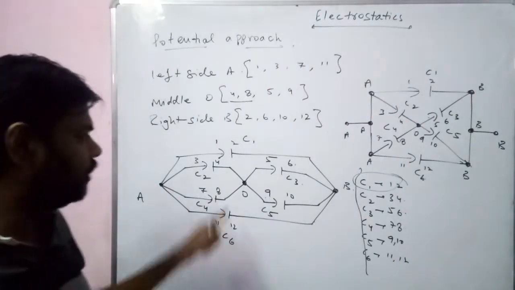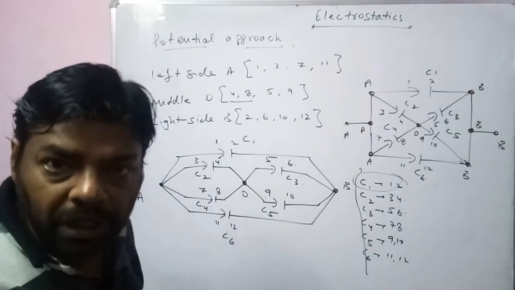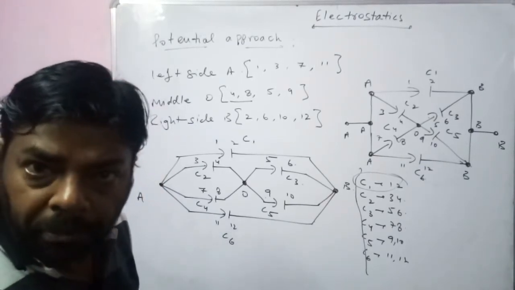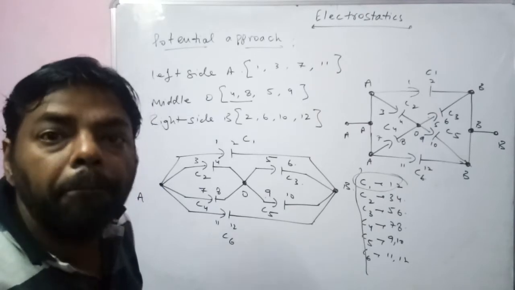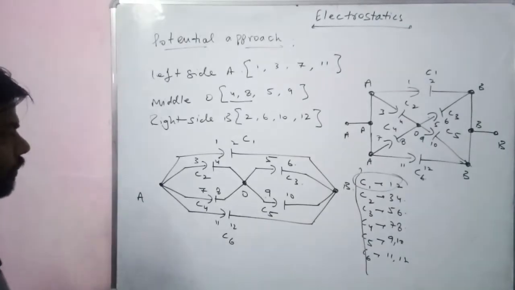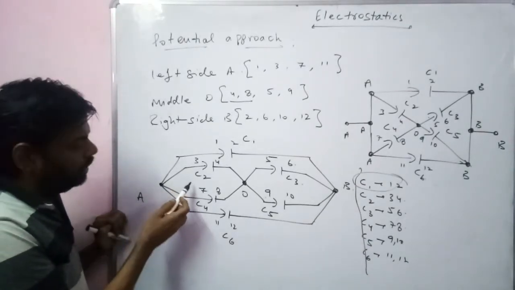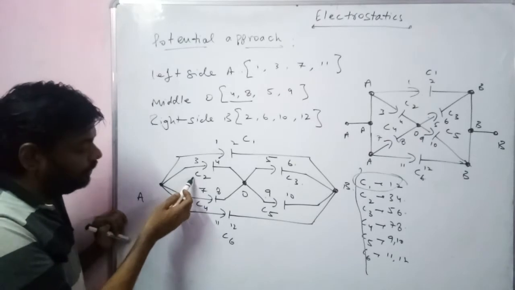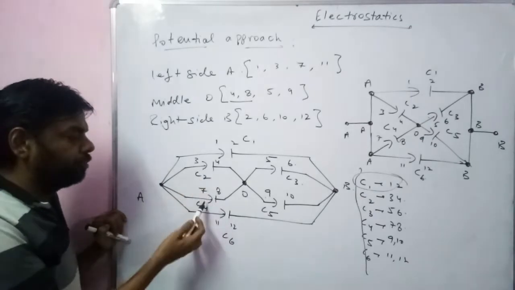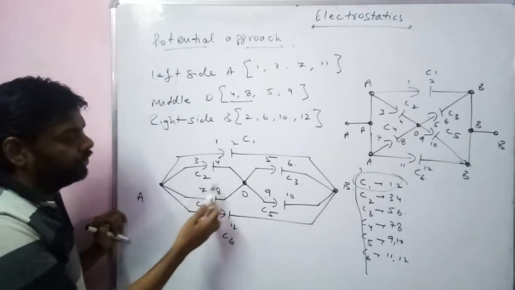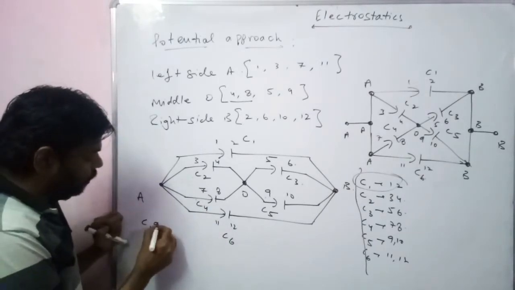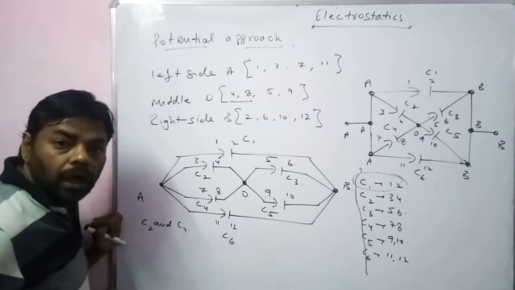Clear? Now in this way we are going to just rebuild the circuit, and now we observe that it is quite simple to find out the parallel combination. Clear? Now take a look for the capacitor say C2 and C4. For the capacitors C2 and C4, the left plates are connected with A and the right plates are connected with O. So C2 and C4 are in parallel.